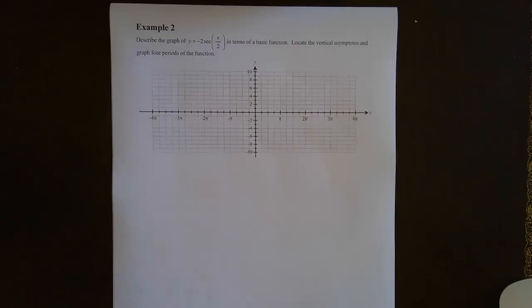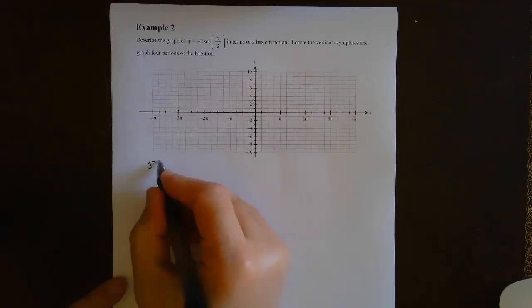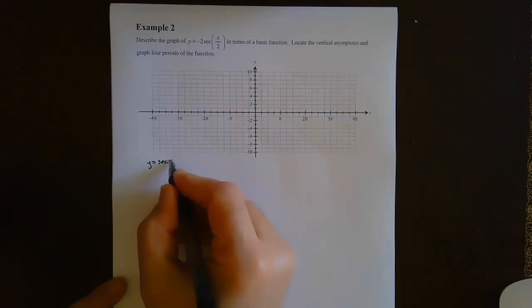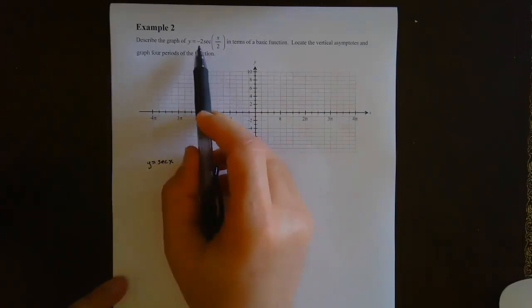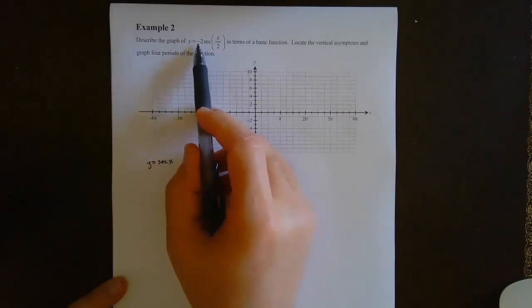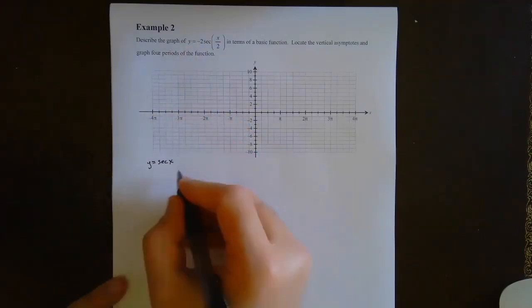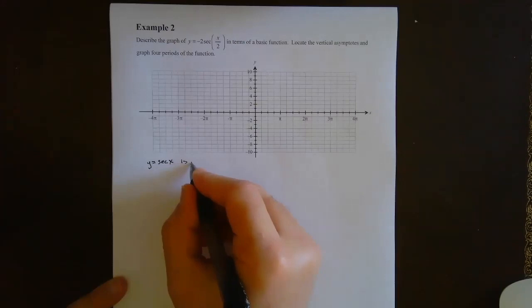For this example, we want to describe the graph of y equals -2 secant of x over 2 in terms of the basic function, so in terms of secant x. So what do we know is going to happen here? y equals secant x is the basic function. What does the negative do out here? Well, that's going to cause a reflection over the x-axis because it changes the sign of our y's. So y equals secant x is reflected over the x-axis,